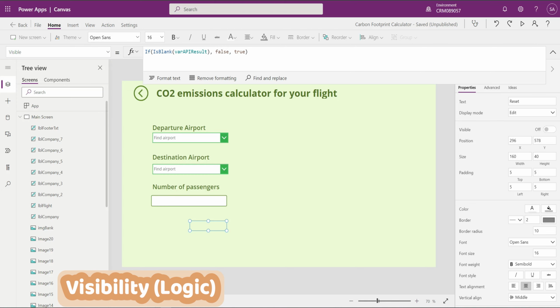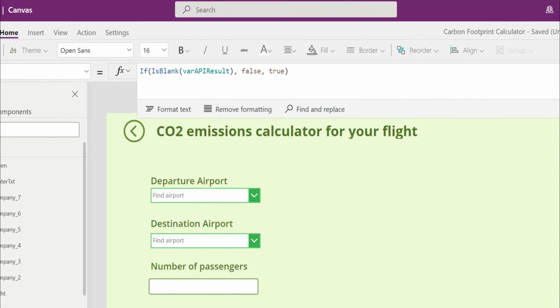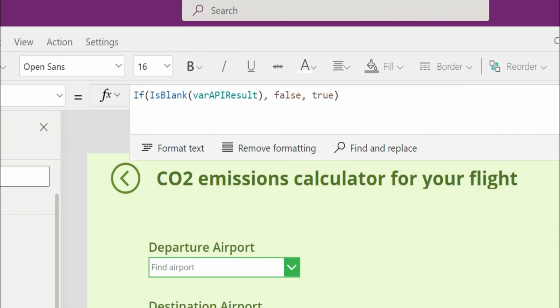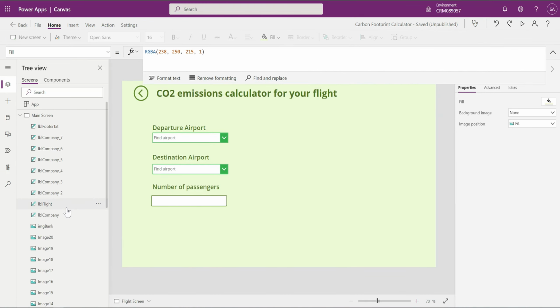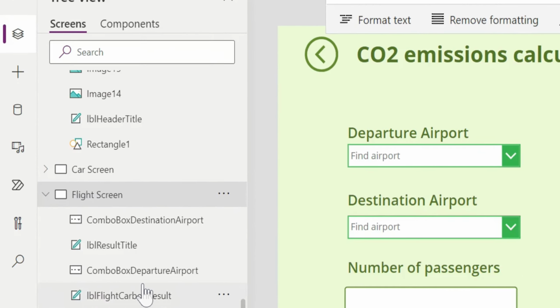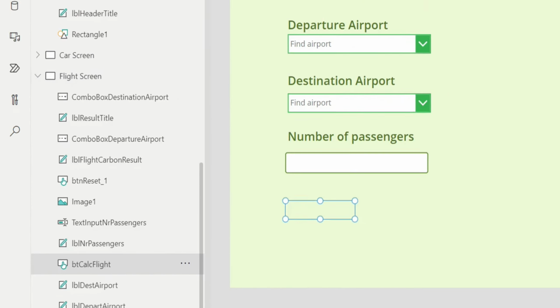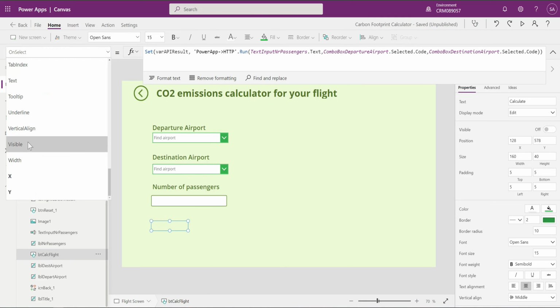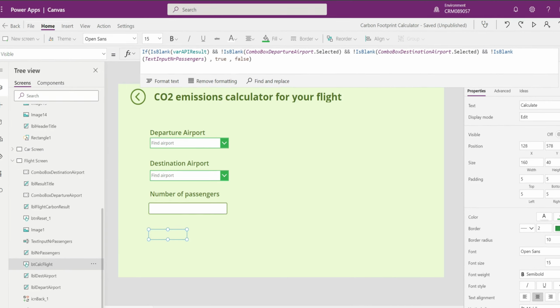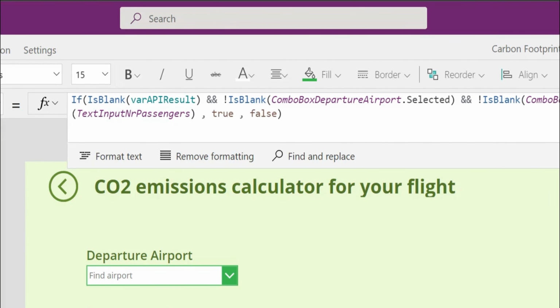So as you can see here, the logic: if the API result global variable is blank, then don't show me the button, and if it's not blank, then show me the button. And the calculate button, if we're looking at it on the flight screen, we have the button Calculate Flight. If I'm looking at the visibility, the formula for the visibility is a little bit more complex, because if we have an empty API result variable and